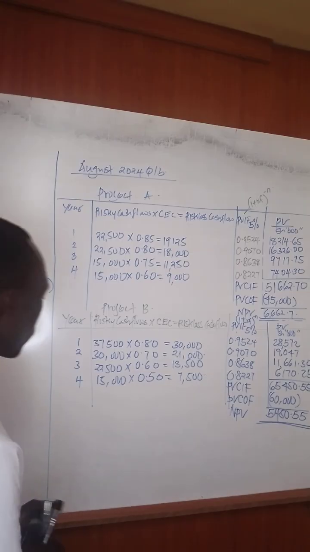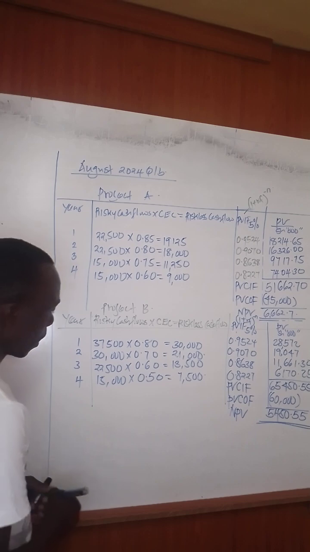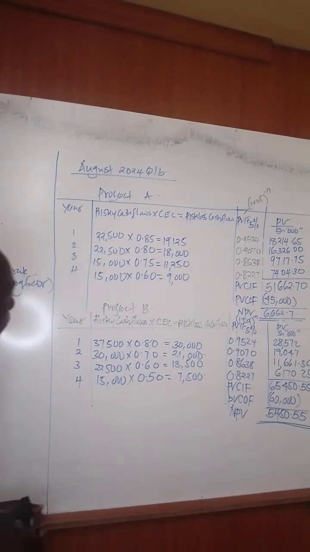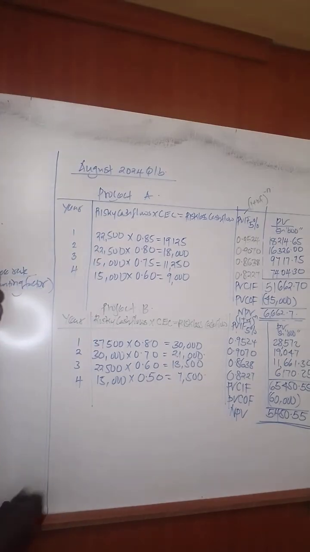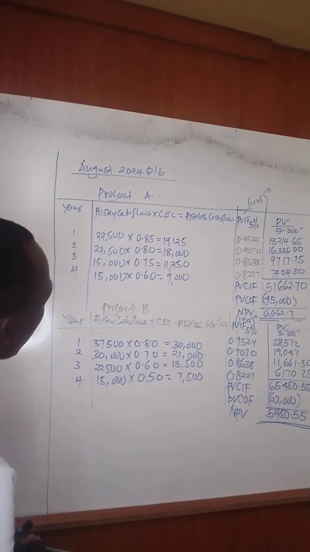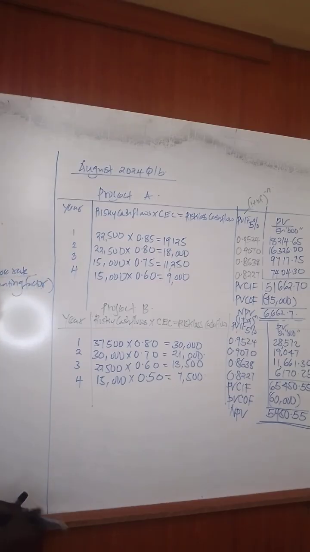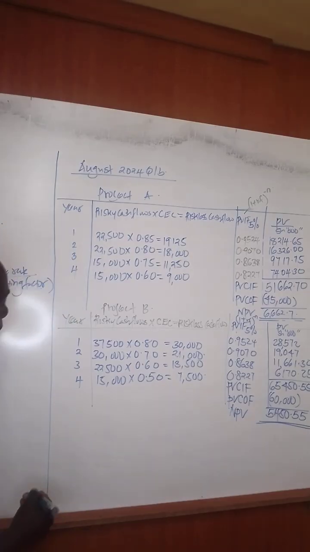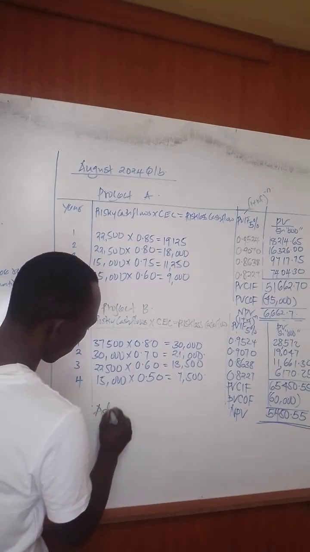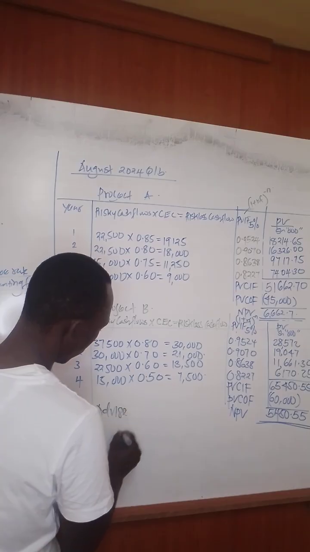When we use the concept of NPV, we normally advise the company to undertake the projects with the highest NPV. And in this case, between the two, since the projects are mutually exclusive, what we call substitute projects, the advice is that